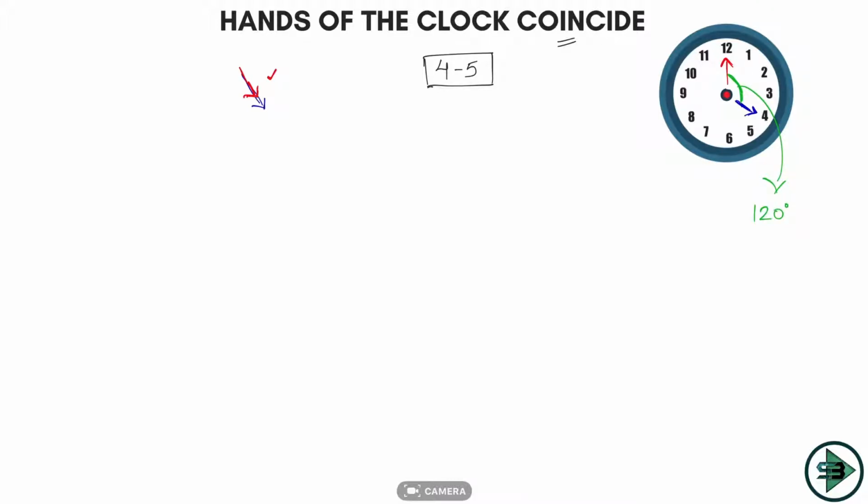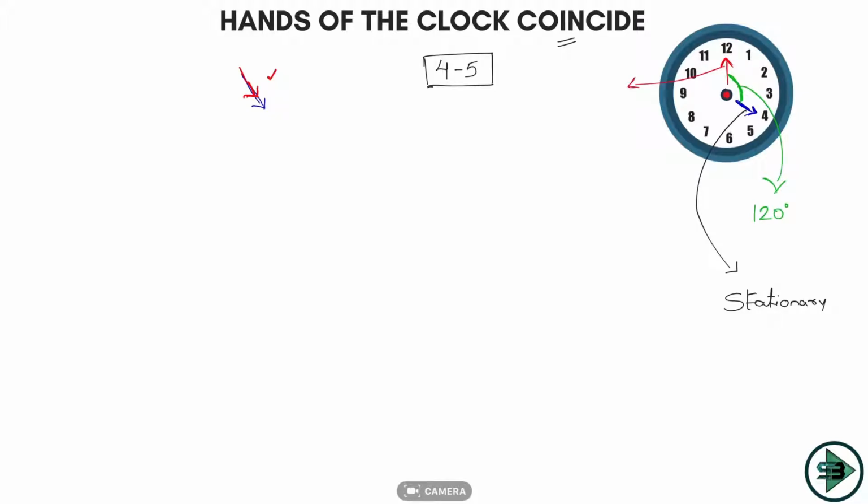Okay, 4:20, 4:21, 4:22. Let's see. Let's analyze this even better. Now I am saying that let this hour hand be stationary. Okay, if it is stationary, what is the meaning of this? It cannot move, so it is stationary. Now if this is stationary, when will this happen? If the hour hand is stationary, at what time will this minute hand coincide with this hour hand? Consider that the hour hand is stationary.